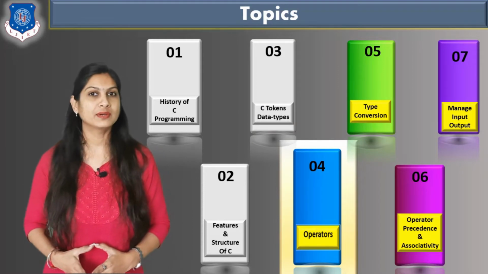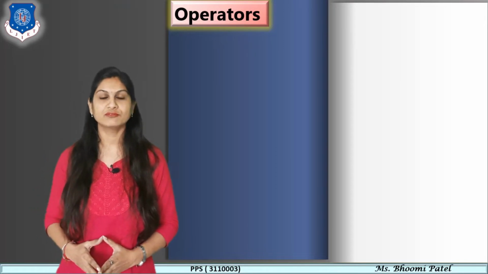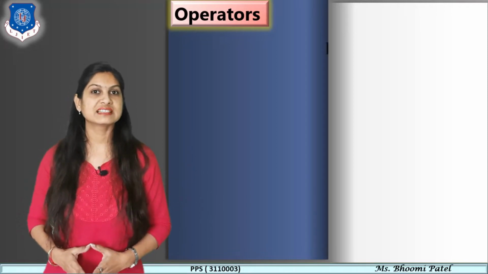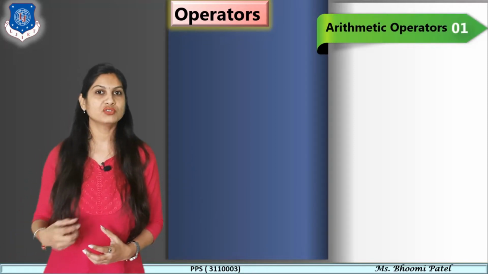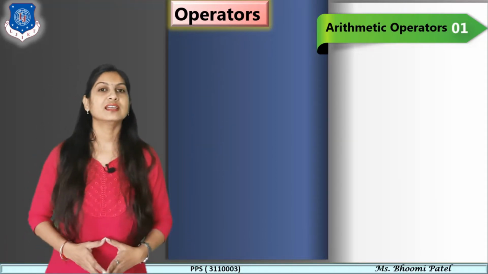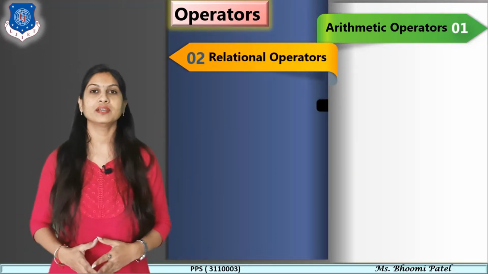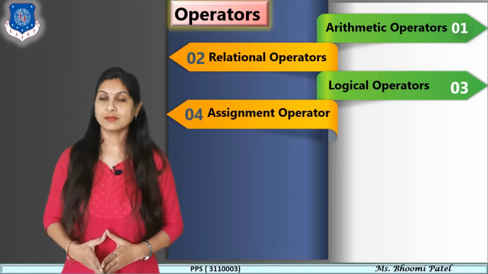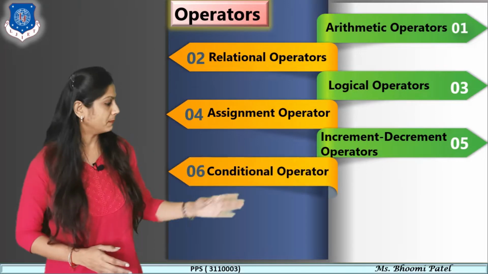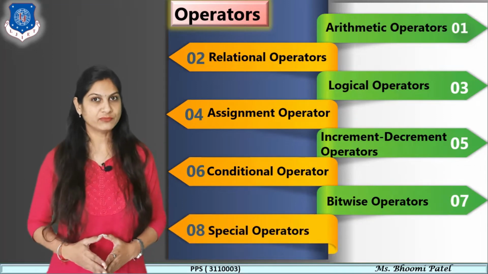If you remember, in our previous lectures we discussed that there are 8 different operators we have to learn for the C language, and this is the list. You have to remember this list first, and then write each one in detail according to its name in your exam. The first is the arithmetic operator, second relational operator, third logical operator, fourth assignment operator, then increment decrement, then conditional operator, bitwise operator, and the last one is special operators. Now let us move to the very first one in detail.